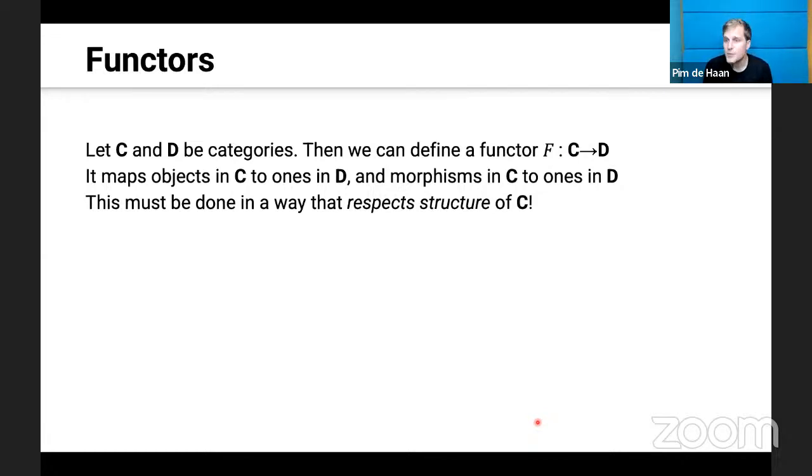Functors are maps between categories. So if we have categories C and D, then a functor from C to D does two things. It maps objects in C to objects in D. And